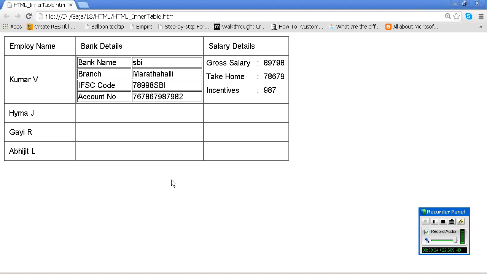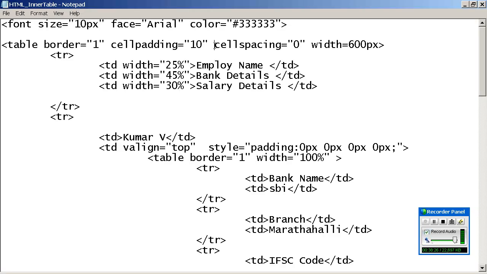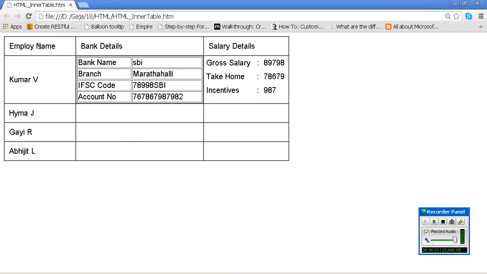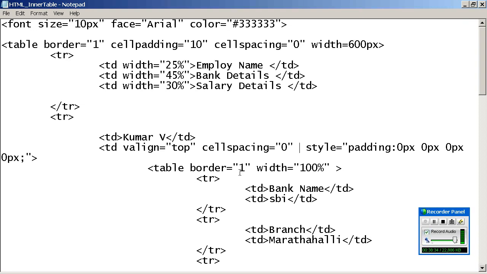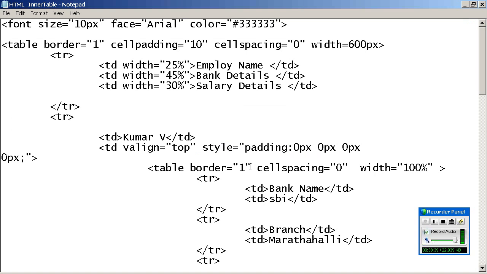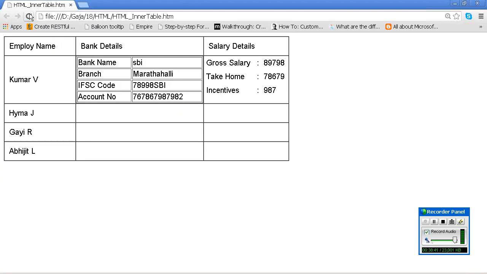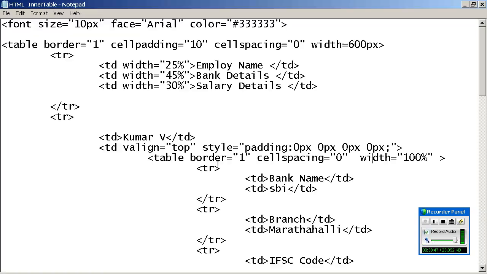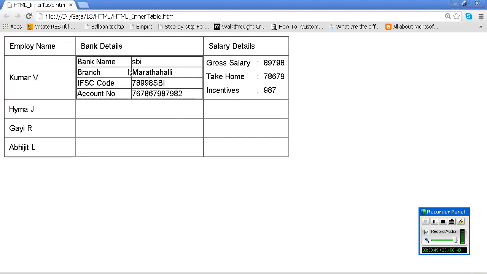Okay. Now what you need to do is just give cell spacing. I am giving it here. So like this you can adjust all of this. Okay. Next.